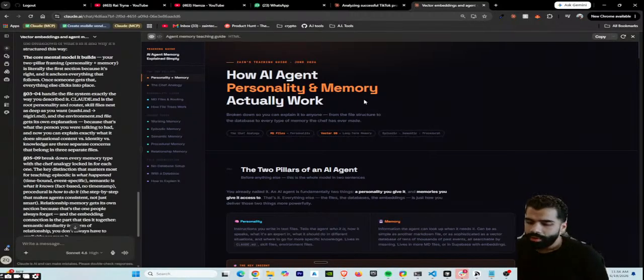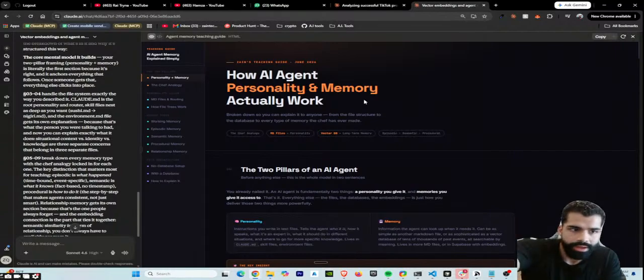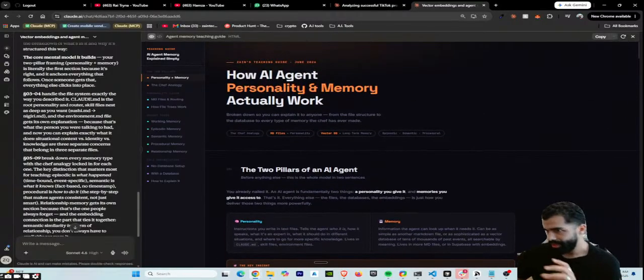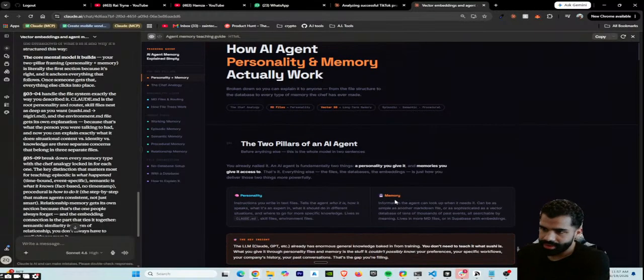So what anyone's building here is the best way to create a personality and the best way to create a memory, like how optimized it is, how quickly you can get your memory and stuff. It's all at the end of the day just the best way to optimize your brain. People are trying different ways to do this, but that's all an agent really is if you look at it. So, I created this file,